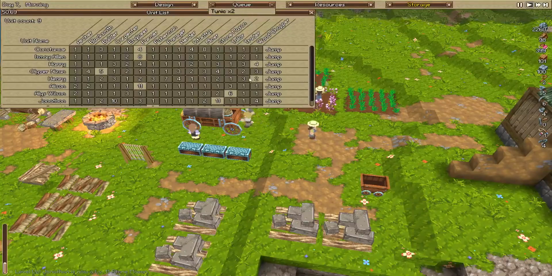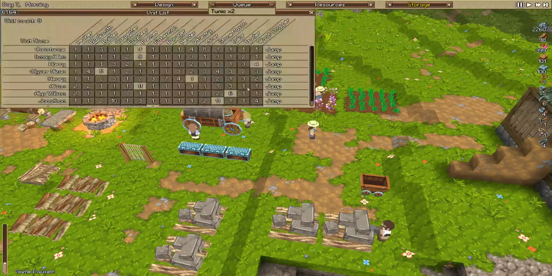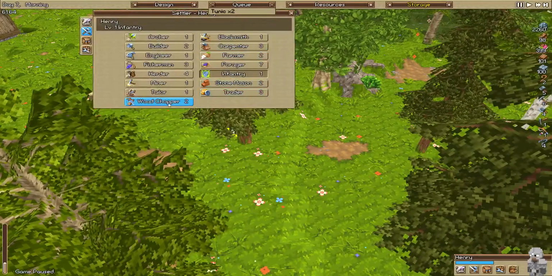Is there anyone else we can actually switch over? Maybe Henry. So what is Henry? Henry's our forager and he's a woodchopper. So I'm actually going to switch you over to infantry. Do you have any weapons on you at the moment? I'm thinking not. Where is Henry? Wait on. There, where's Henry? There is Henry. No, you don't. Alright, so I'm just going to leave you as a woodchopper then, and we'll maybe